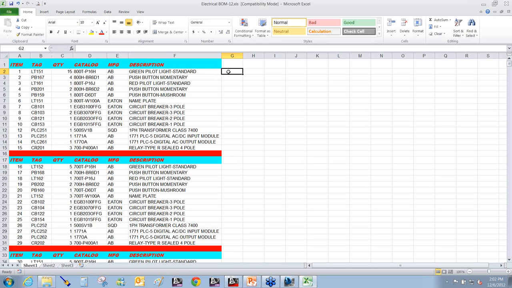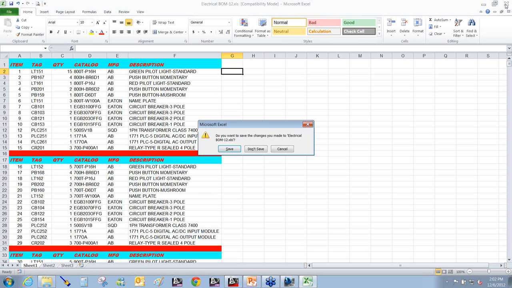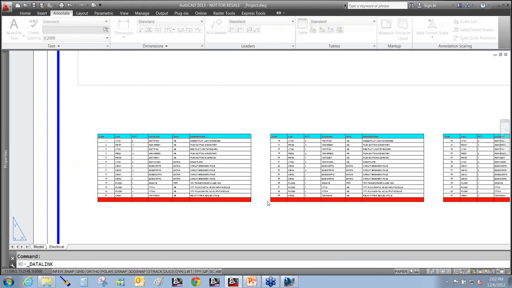All right, so somebody makes the change. It could be you making the change. It could be an engineer making the change. It doesn't really matter. In order for me to get the changes, though, that person has got to save the file before they get out of it. So while they're making the edits, I can't update my data link or I can't update my table. But as soon as they've saved it and they've plopped down on the hard drive,